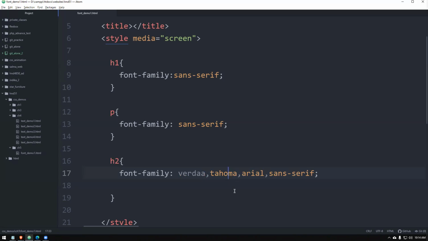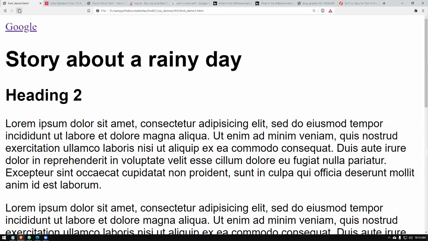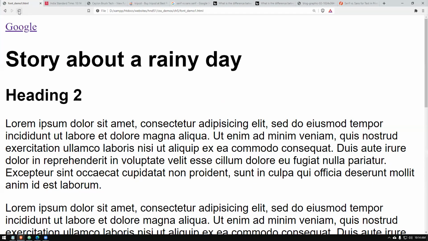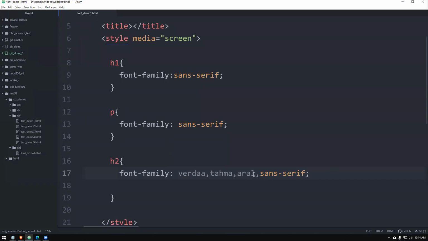Let's make a mistake in this one too. So we don't have that font either, and it goes to the Arial font. And if you don't have Arial also, it'll go to the default sans serif. I think the default sans serif is more like the Arial font, right? Okay, so I'll leave it as it was before for you to practice. These four things you practice. After this, we will see how we can work with Google Fonts.